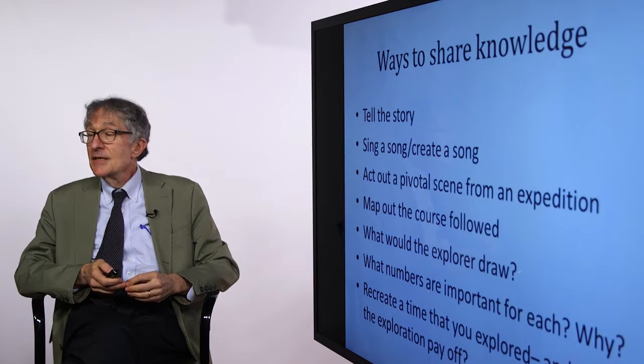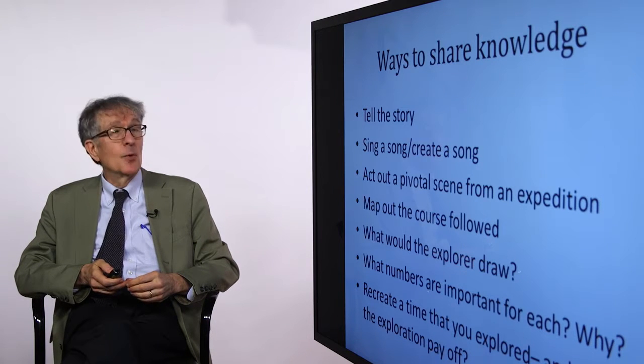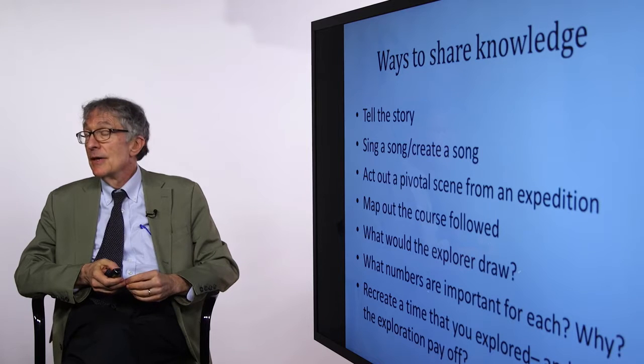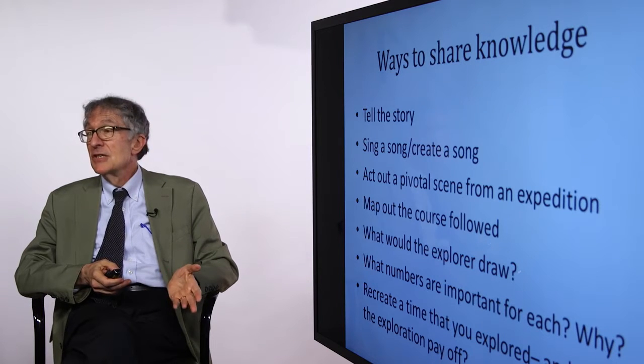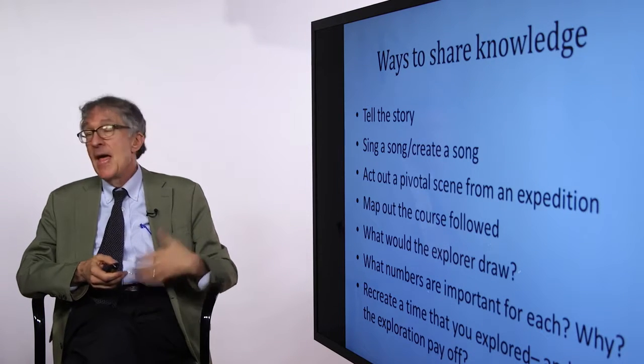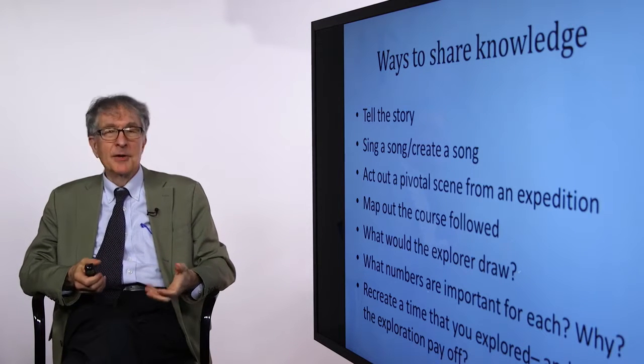I brought along some slides of explorers. I don't know who they are, but they have to learn about Christopher Columbus, Ponce de Leon, and Hernando Cortez. They have a textbook and the teacher talks about it. And then what Rhonda does is she asks the kids to share what they've learned in different ways. They're supposed to tell a story about what they've learned, sing a song or create a song, act out a pivotal scene, a pivotal moment like when